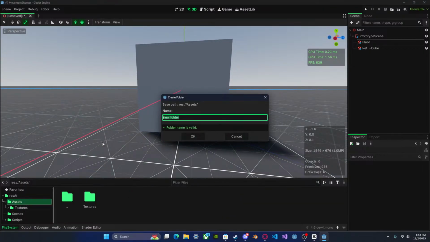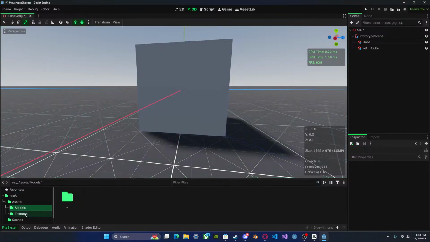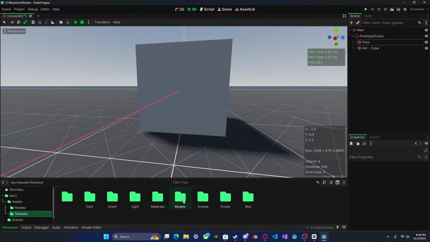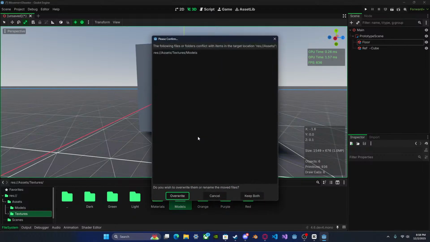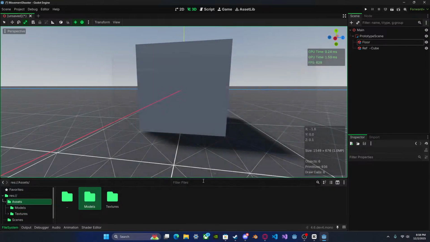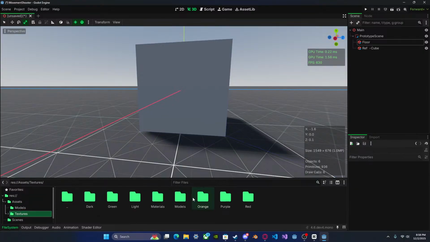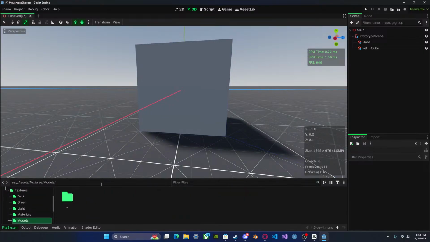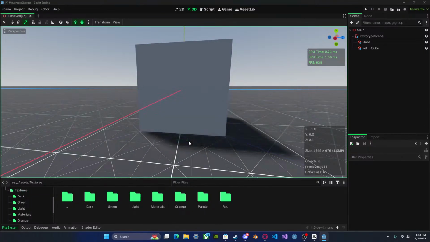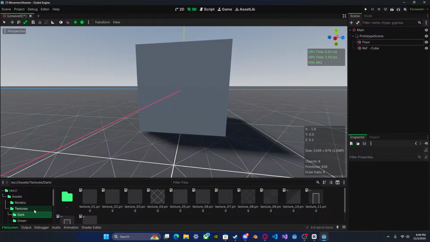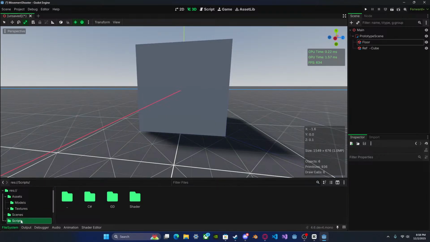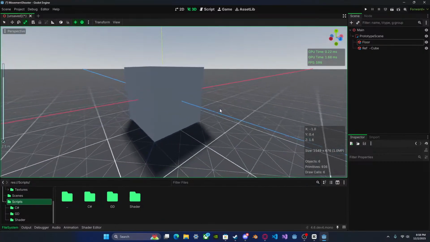I swear I created the models. Oh. Yeah, I'm gonna override it. Okay, we're good. Alright, so